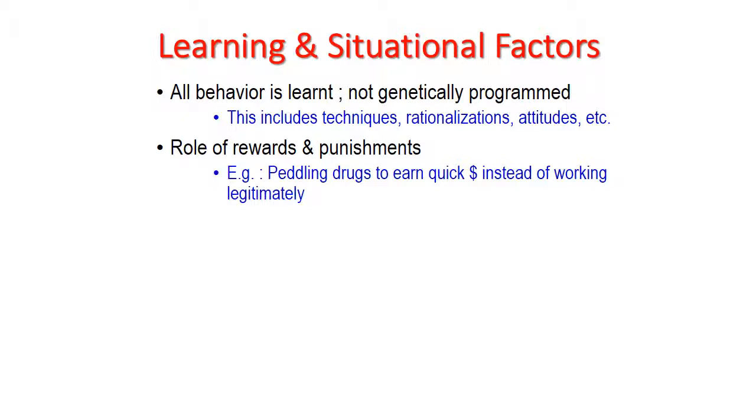And what they learn, which we will look at in just a few minutes, does not just include the techniques of producing deviant behavior, as in how do you steal, how do you hotwire a car, how do you shoplift, or how do you sell drugs, or how do you abuse somebody or molest somebody, but it also includes rationalizations or justifications for the actions that they have committed